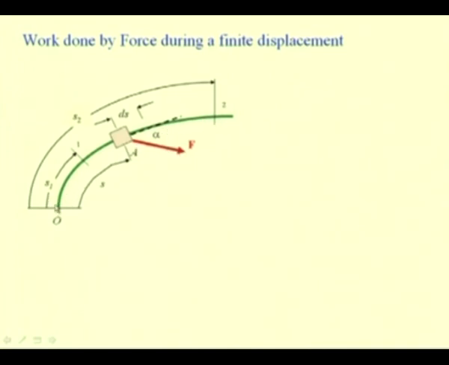We define an origin O, and the position of this body along this path is defined by its path coordinate, say S. So, S is the coordinate that specifies the location of this body along this path. Any two positions, say 1 and 2, are defined by these coordinates S1 and S2, which are the coordinates of this path,